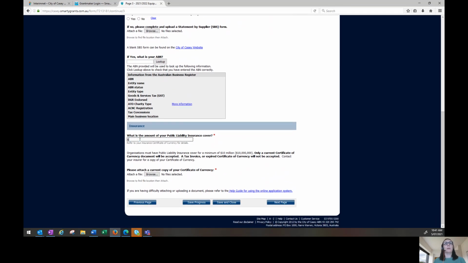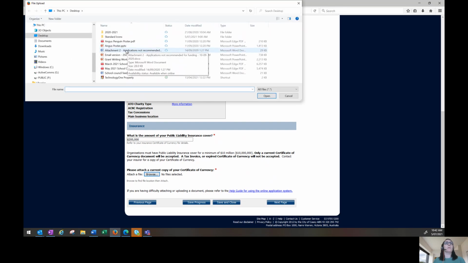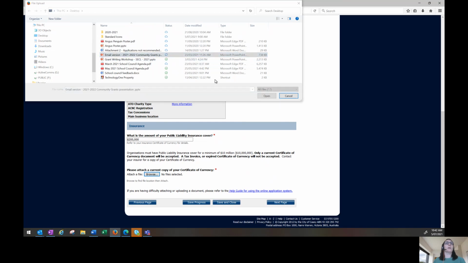This is where you put in your public liability insurance, so how much coverage you have. You just type in a number, and then you can attach your certificate of currency using this button here. So you click on the browse, it will take you to the files within your computer, sorry. And then you can choose a document